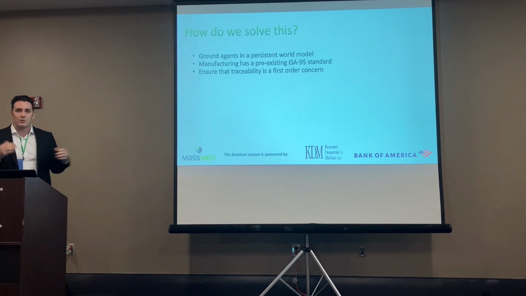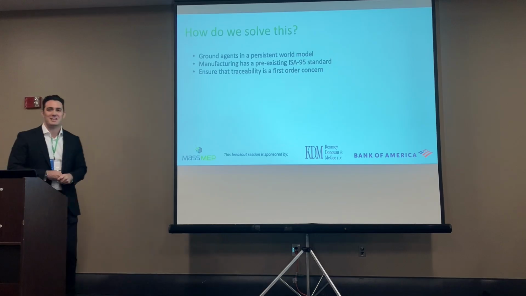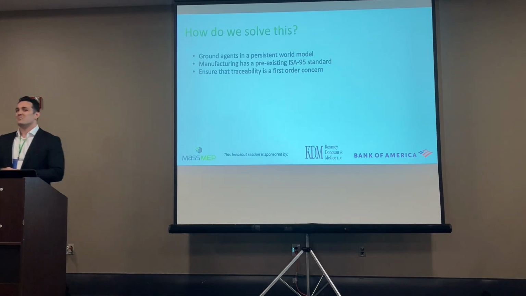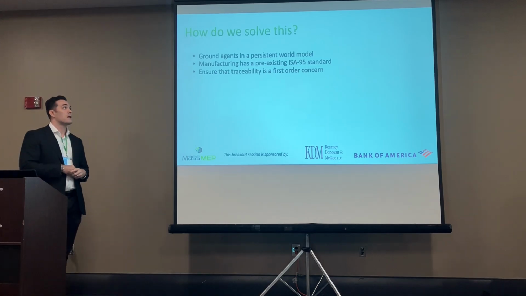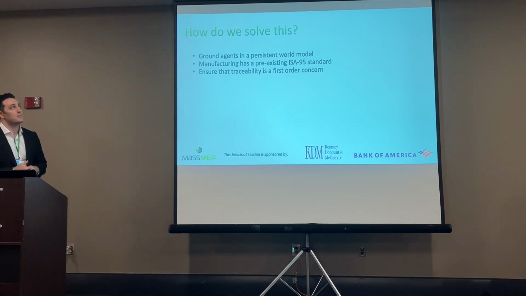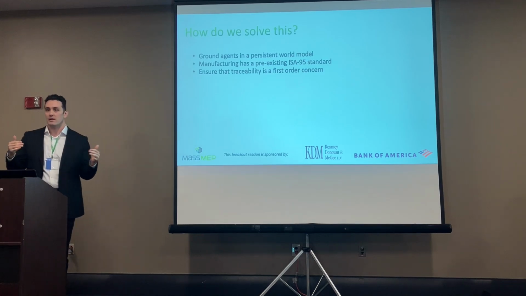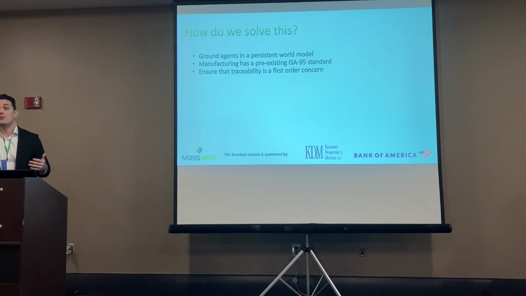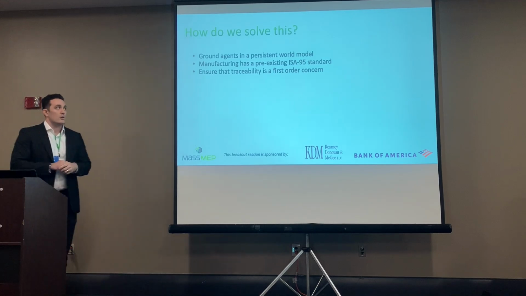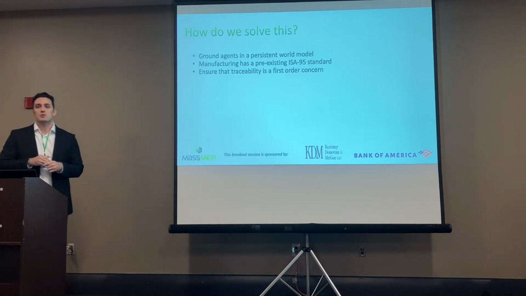But enough with the failure modes. Let's talk about actually how to solve them, right? I think it's always good to be aware of what can go wrong, but let's talk about how we actually start solving them. So what I think is a really important aspect and kind of starts solving a lot of these failure modes all at once is developing a persistent world model of your operation and things that have happened historically and in real time. So the analogy I'll give you guys is towards the digital twin, right?